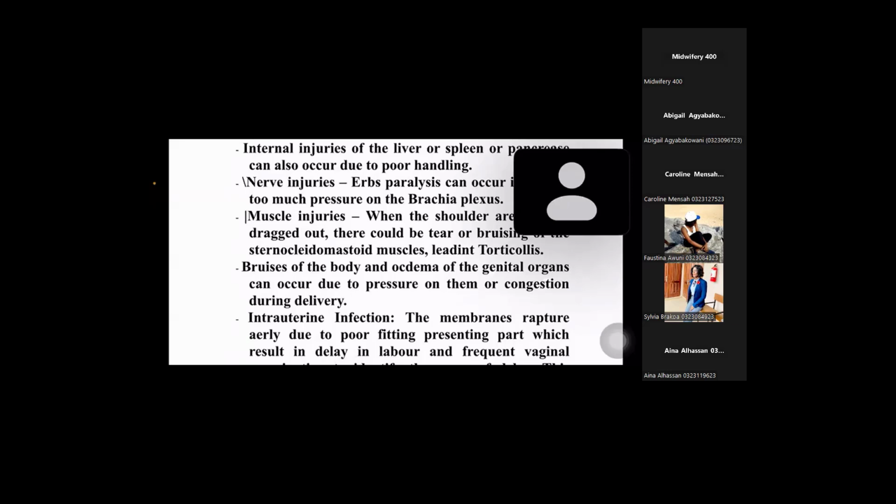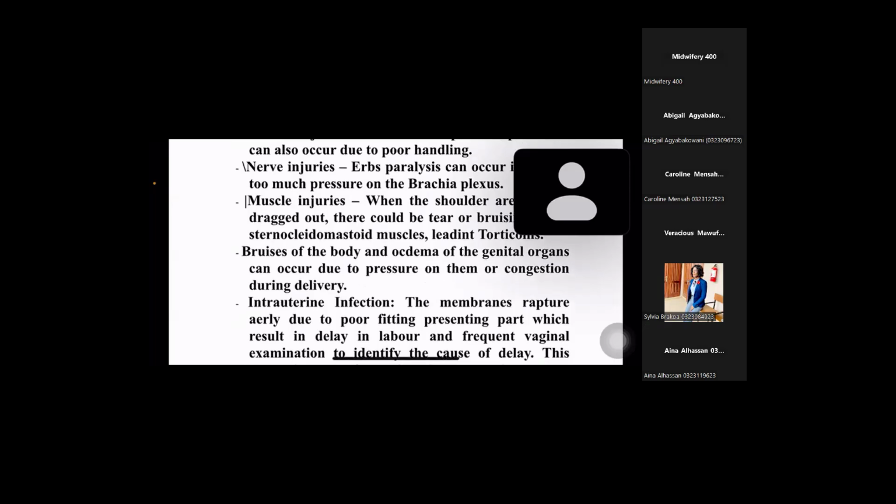Bruising of the body or edema of the genital organs can occur due to pressure on them or congestion during delivery. That one too, I think, especially happens during vaginal examination. When the child is presenting with the buttocks and you are doing a VE and you are not careful, you either insert your